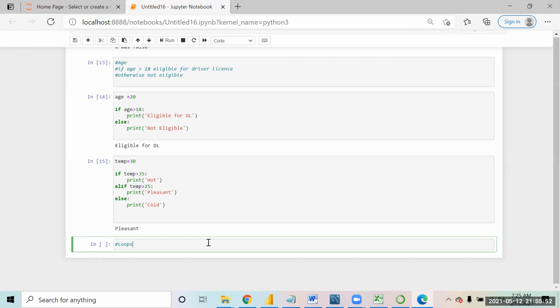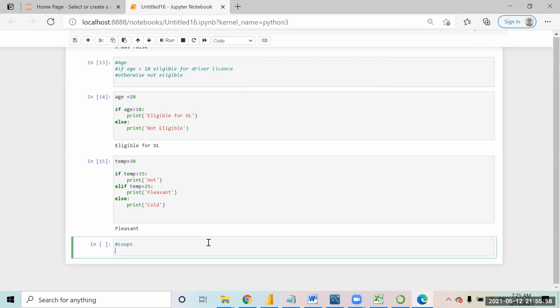So basically, when you have to do a similar kind of task multiple times, that is where we use the concept of loops, right? Loops are used when we have to do the similar task multiple times.